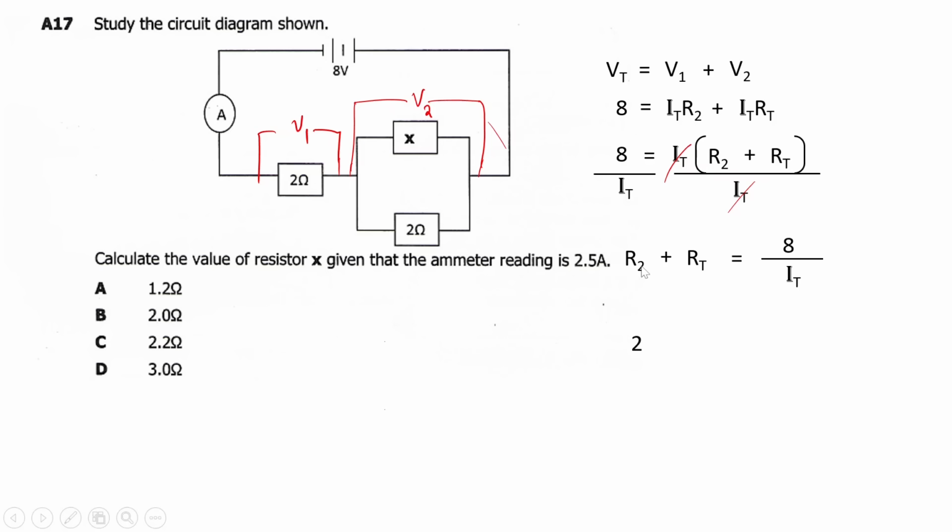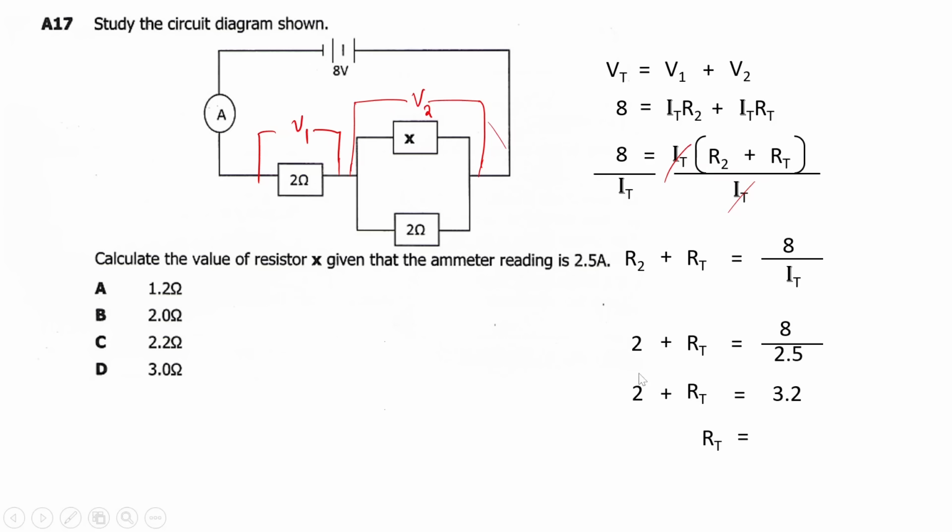We say R2, this one here, it is this one I named R2. So I'll put the actual value 2 plus RT, we don't know it, equals, it is the one we should look for, then equals this 8 over current total, which is 2.5 amps. So 2 plus RT equals 8 divided by 2.5, you get 3.2. So now RT is equal to 3.2